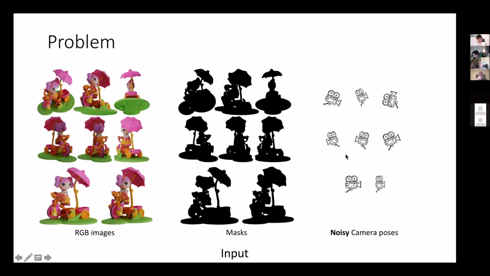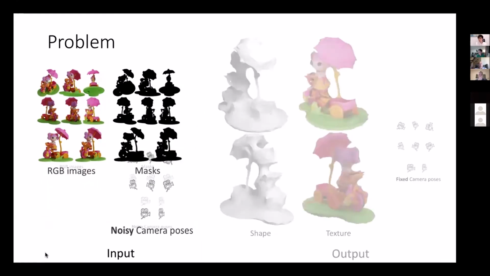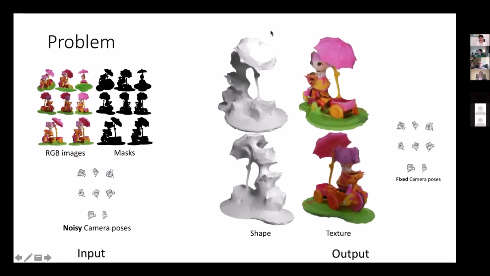And we might have some noisy camera guesses. For example, you might have a few points that you can match on these views, and then you can run some standard COLMAP or something like that to find the cameras. So that's the setup, that's the input. And this is the output: a dense shape. What do I mean by dense shape? In our case, this means a mesh reconstruction.